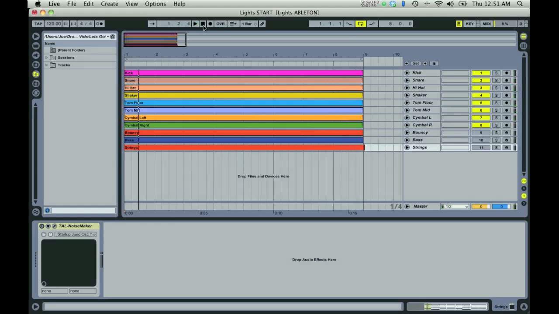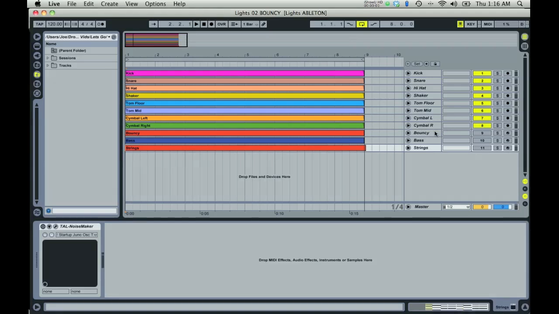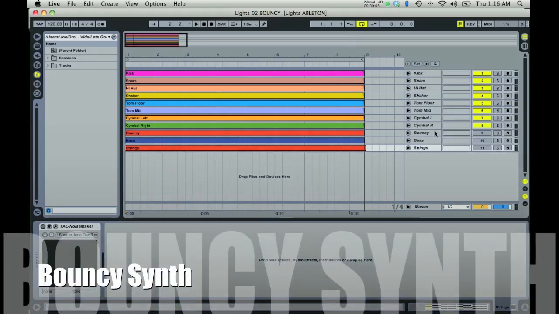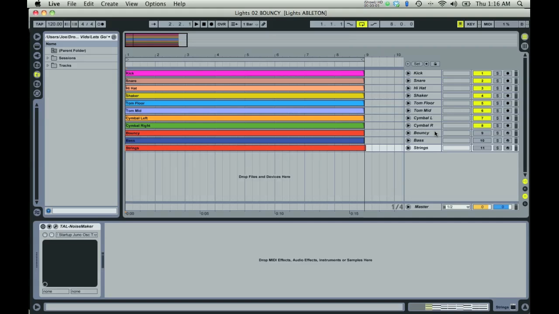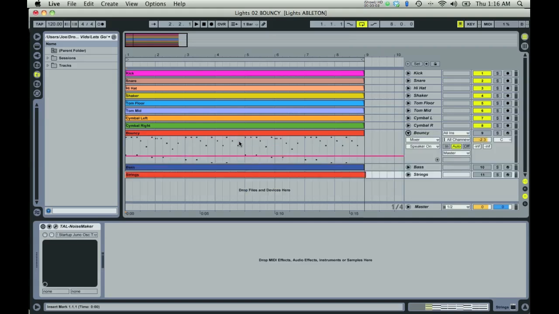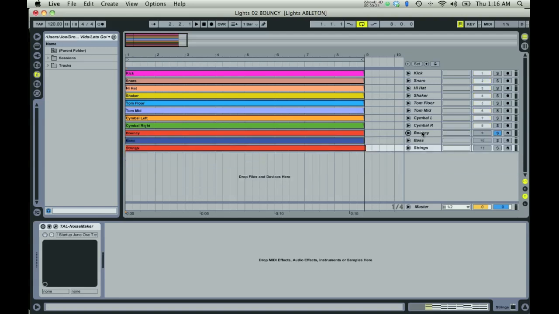That's the drums. So now we have the bouncy synth, the thing that you hear at the very beginning of the song. The MIDI is already recorded, and you can of course download that to see what notes are being played and what rhythm. I like to have the MIDI recorded and playing as I program. Otherwise you have to play the keyboard with one hand, program with the other. This is much easier. So we're going to solo this.